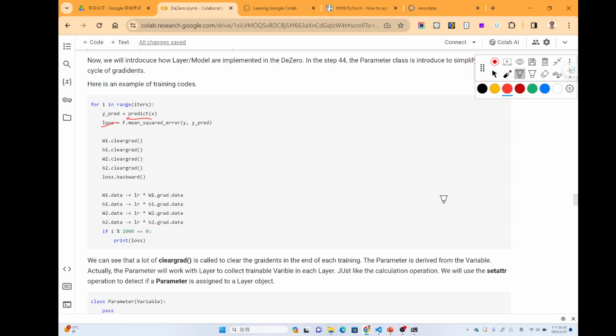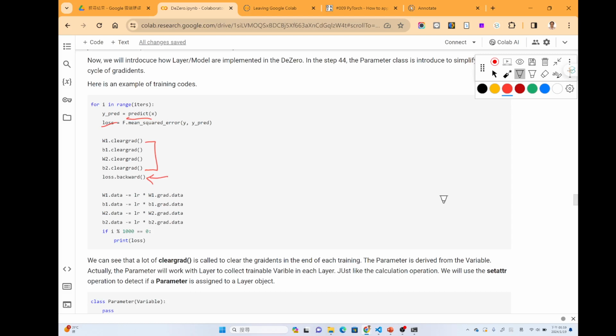First of all, we need to clear the gradient of all parameters to be 0, so that we will not accumulate the gradient from the last batch. And then we use the backward function to calculate the gradient.